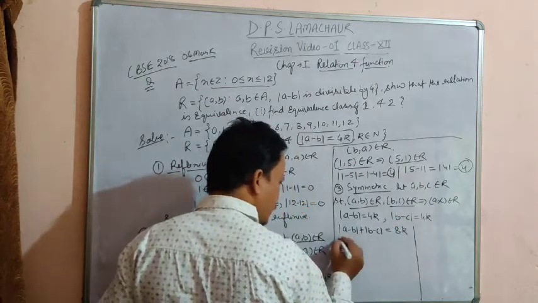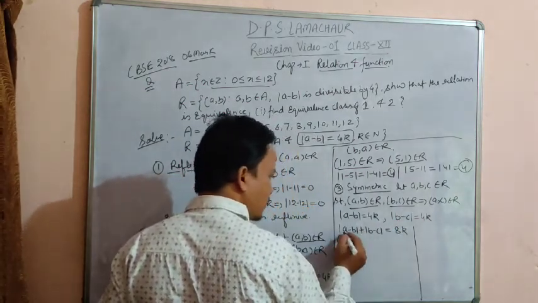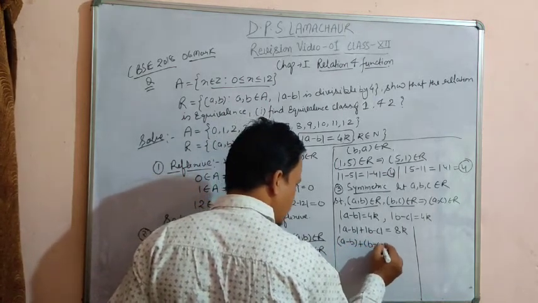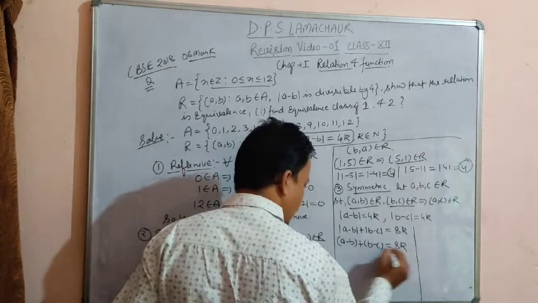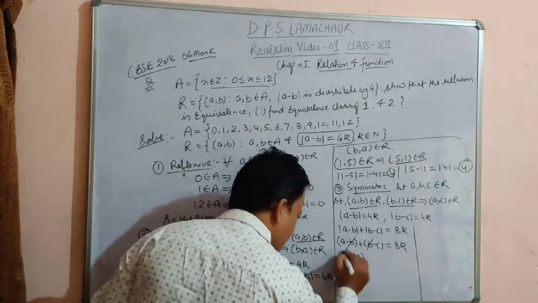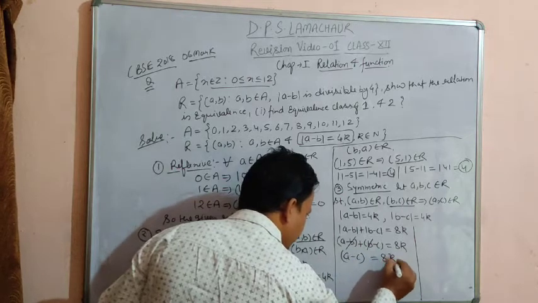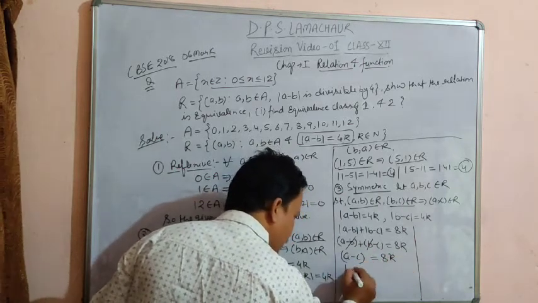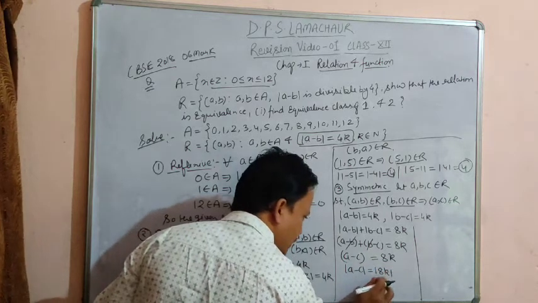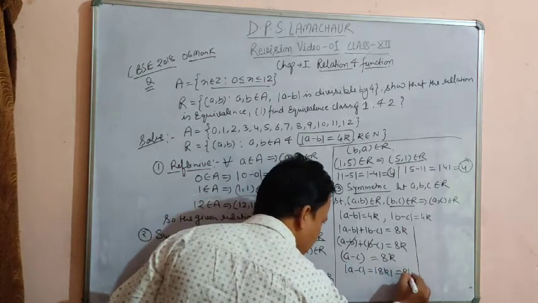Okay, so we can take it out of the modulus, then it will give just a positive value, that is A minus B plus B minus C equal to 8k. Now see, B and minus B cancel out, we get A minus C equal to 8k. Now taking modulus both sides, so mod of A minus C is equal to mod of 8k, and we again know that this quantity is a natural number, so we can take it like that.